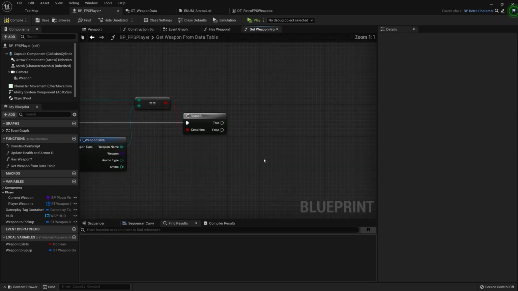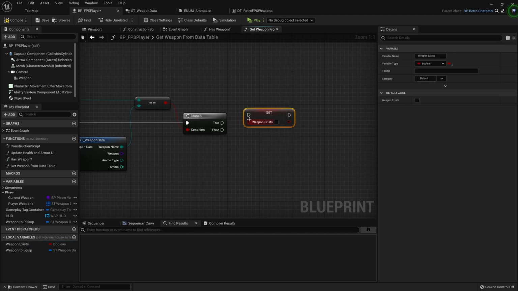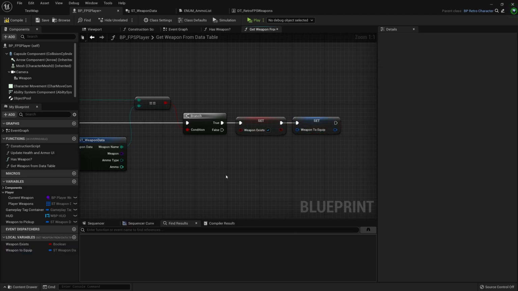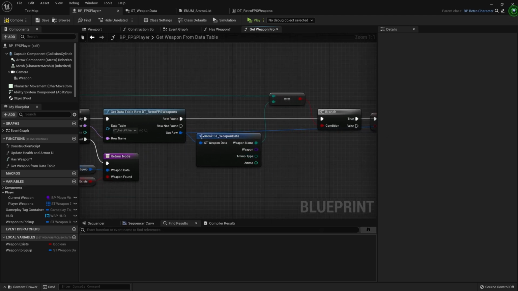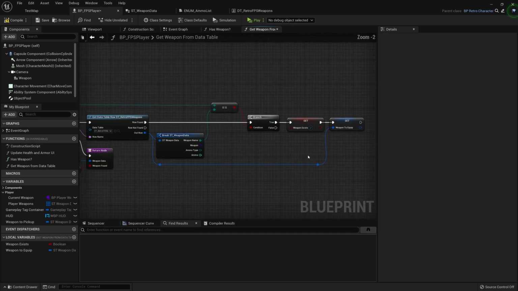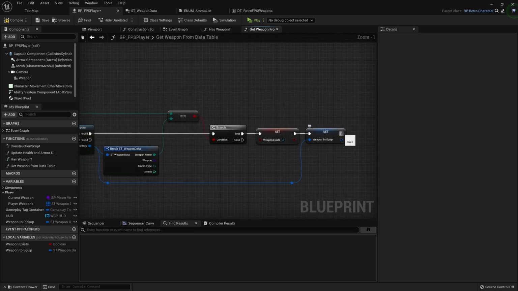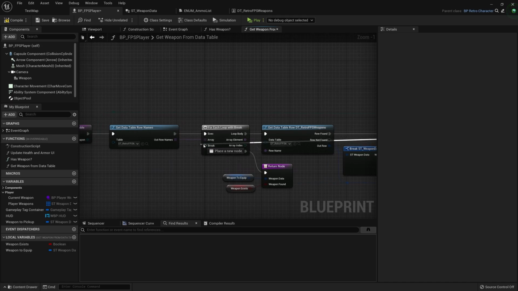So really all I have to do now is set weapon exists to true and set weapon to equip to be equal to the out row of this get data table row node. And then when this is done, we will break the for each loop.